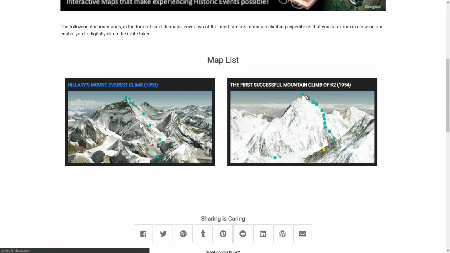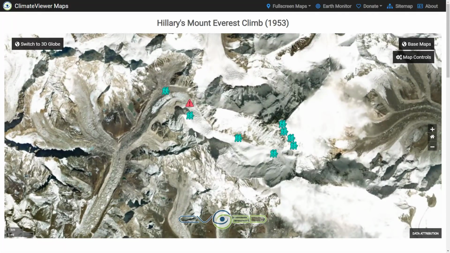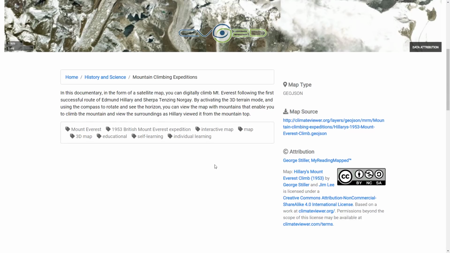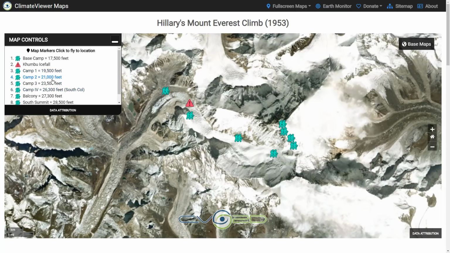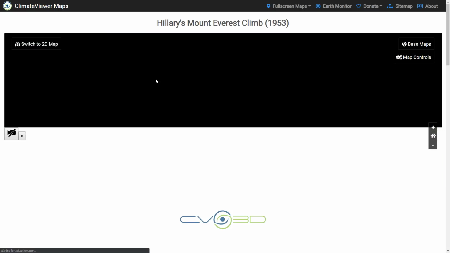climateviewer.org, and you're not going to have to worry about it. It's going to start out as a flat map, and on each of these pages, there's a single page for every single map also. It'll give you a description about it, maybe a couple keywords. But it's got basic map controls, where you can fly to each location. But if you switch to the 3D globe on this,